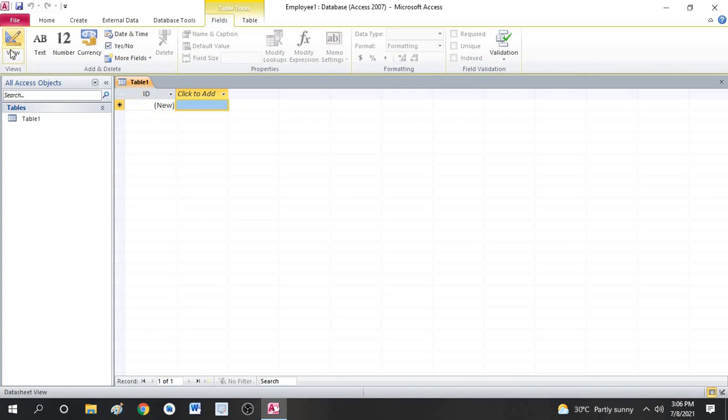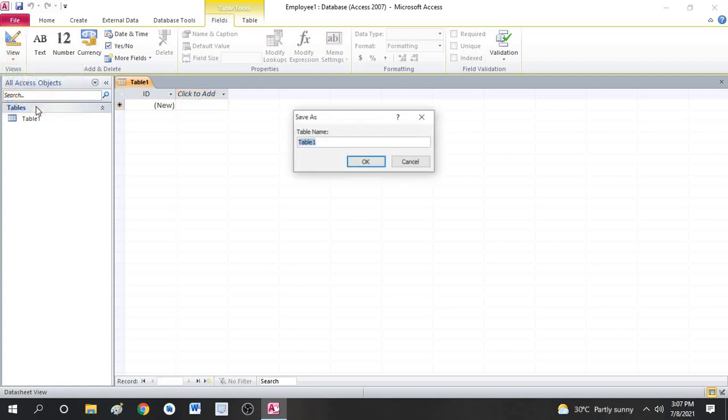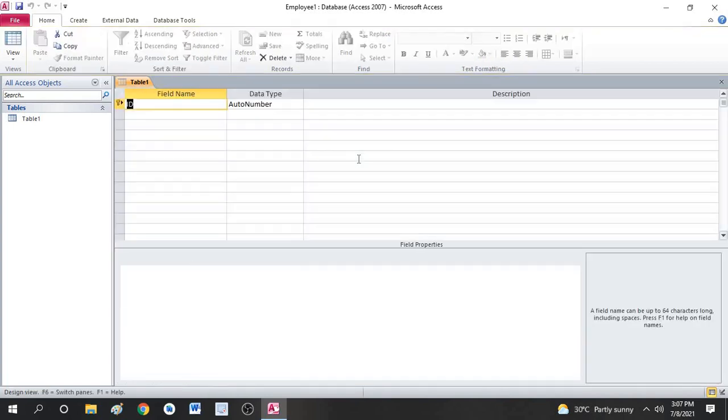First thing, as I told you in the last program, you have to go with the design view, where you will be creating the new table and adding the fields. If I consider the employee as an example, the fields can be employee name, employee age, employee salary, designation, then address. So here also we'll start with the design view. Give the table name as EMP2. Click on OK.